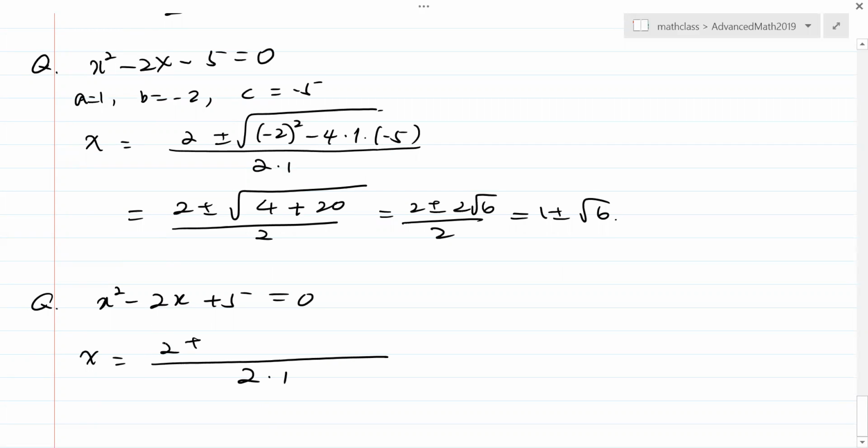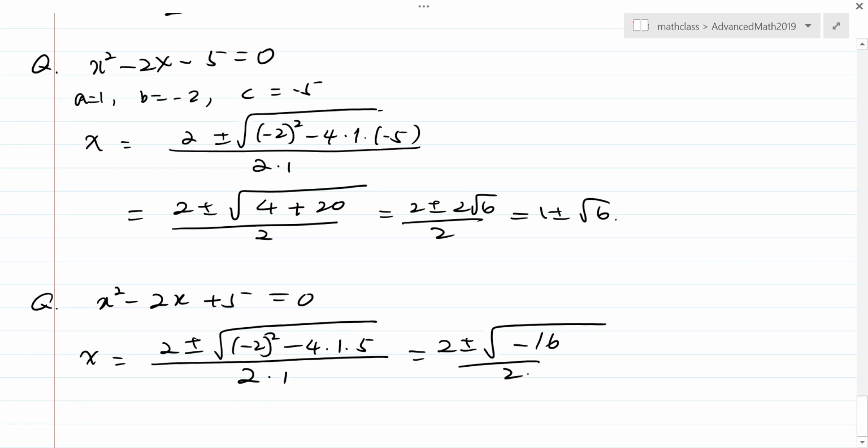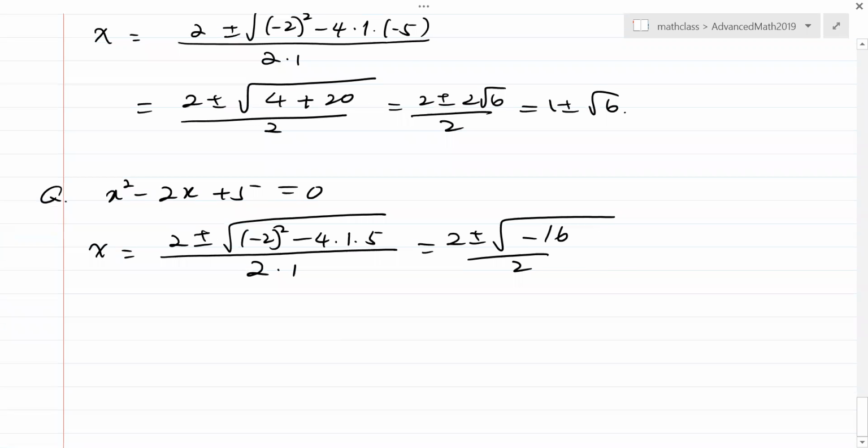Negative b, b is negative 2, so it's positive, and the plus minus square root of b squared minus 4ac. What I get here is going to be 4 minus